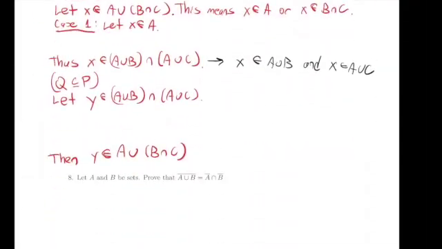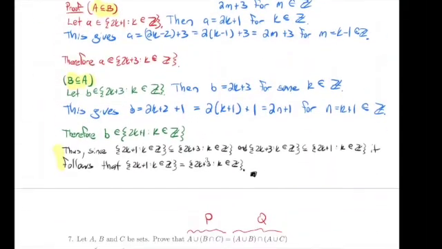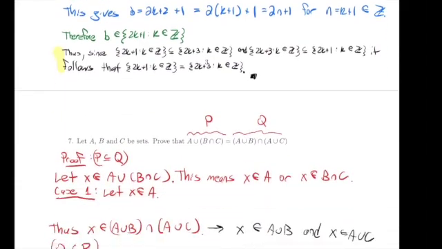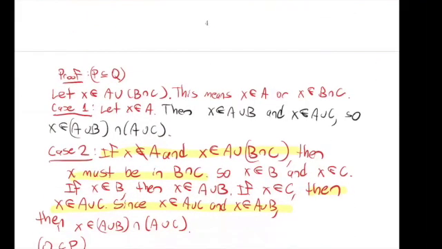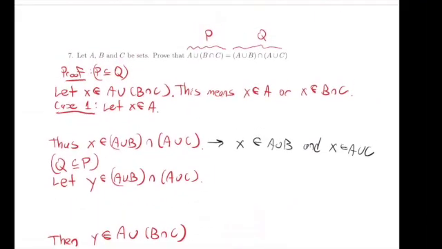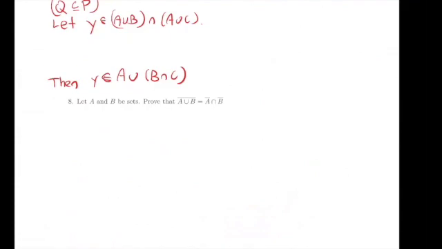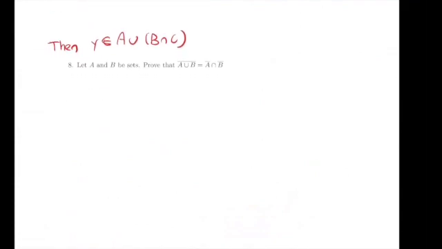And then the last thing to add here would be putting a line similar to this, just saying, okay, since we've shown the first set is a subset of the second and vice versa, now we know they're equal. Where instead of these sets 2k plus 1, 2k plus 3, we're now referencing these sets over here, P and Q. Okay, if there aren't questions,